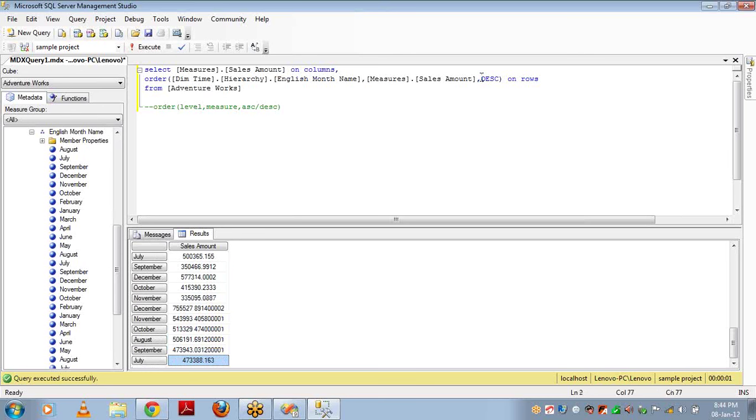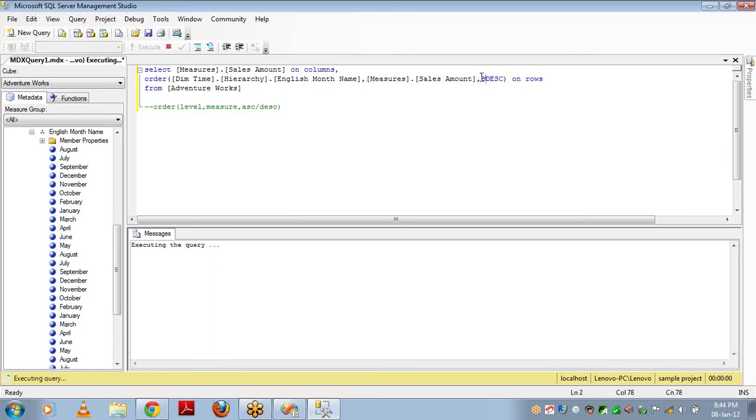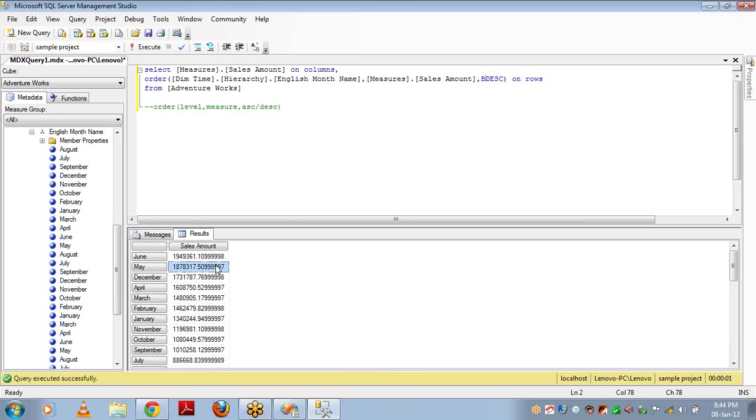Actually, these are called broken hierarchies. This is not a continuous one. That's why this breaks. For example, if you have a hierarchy of year, semester, quarter, and month, and there are any breaks in the hierarchy, if there is no parent data, or no child data, or any null values for the child, in that case, ascending or descending will not work. What you have to use, instead of ascending and descending, is BASC or BDESC, which is break ascending or break descending.